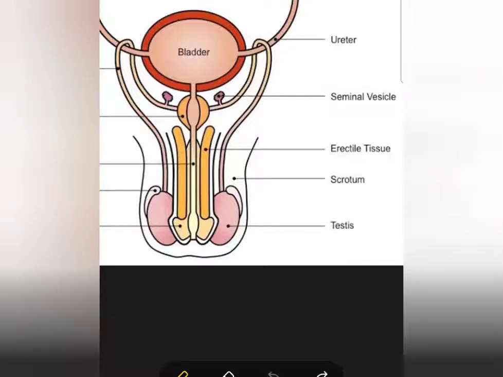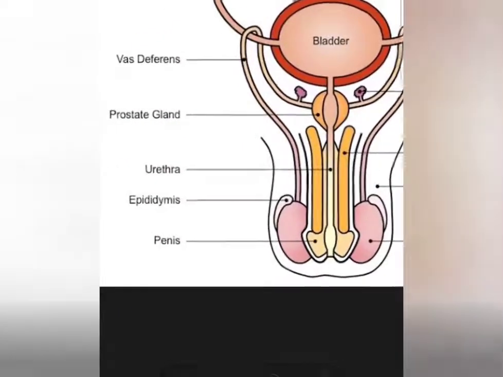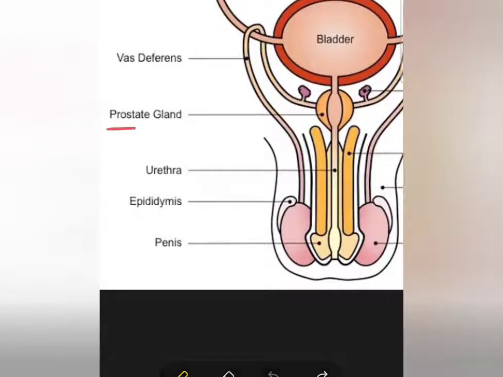Moving on, the next one is the prostate gland. Look towards this side of the diagram and you can see the prostate gland, and this portion is the prostate gland. Now, similar to the seminal vesicle, the prostate gland is also an accessory part of the male reproductive system. They themselves do not take direct part in reproduction, but they help in the process of reproduction. So what is the location of the prostate gland? This gland lies around the urethra. You can see that this part is the urethra, right? So around the urethra the prostate gland is located, and exactly where?